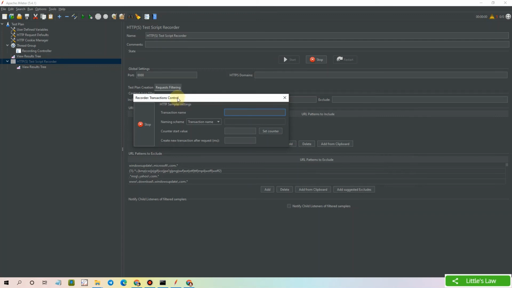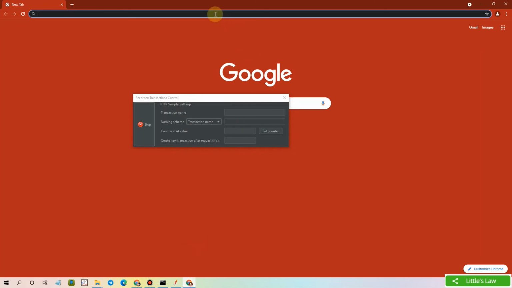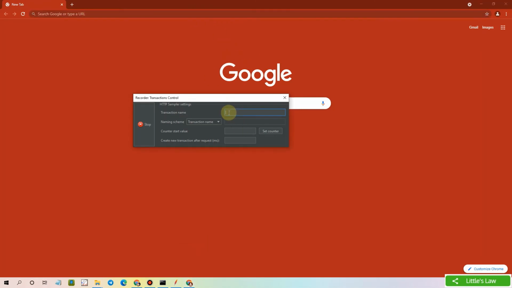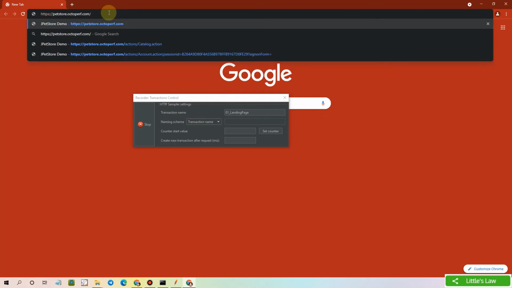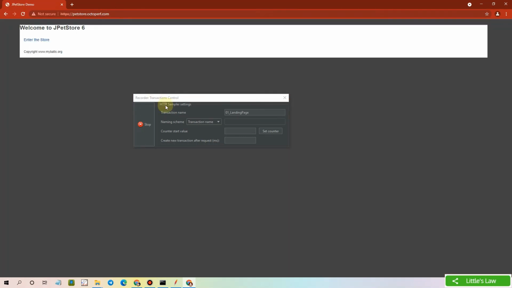So now we have this transaction controller which says we are ready for the recording. Let's now open the browser and enter the first transaction as landing page. Let's start with the first page. So we have successfully opened the first page, which is the landing page, and let's now enter into the application. Let's click enter the store,